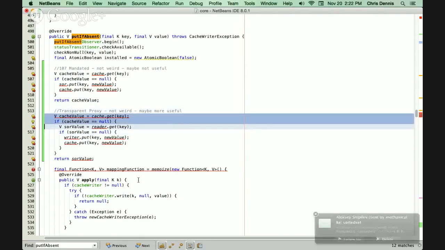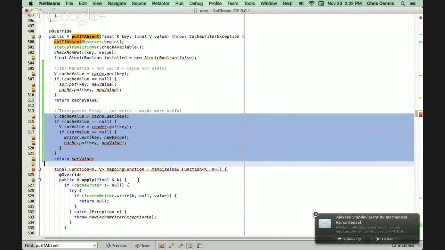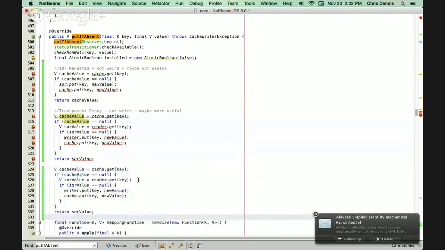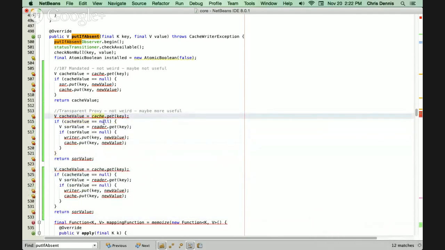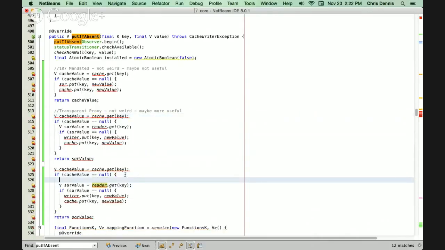So let me write out 3 different variants of this thing. Well, 2 different variants rather. So there's cache.get(key), cache.read.get(key), writer.put, cache.put. The other alternative is to do